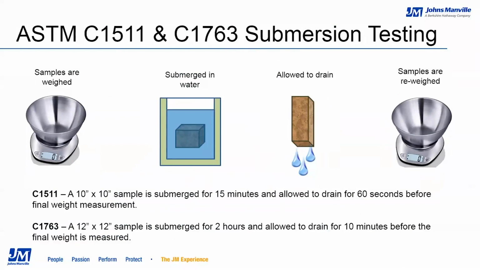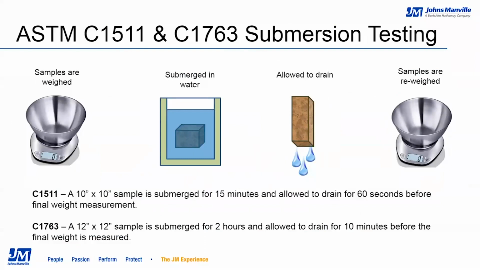In both of these test methods, the material is weighed, subjected to a forced submersion for a duration, then drained and reweighed. The ASTM 1763 is actually a prime example of a test method that is used for multiple different applications outside of its natural scope. The perlite specification, material specification, ASTM 610, actually requires a C1763 submersion test. However, the material specification states that the samples must be preheated to 600 degrees for 4 to 4.5 hours prior to testing, and that the immersion time is actually 48 hours as opposed to the 2 hours stated in the